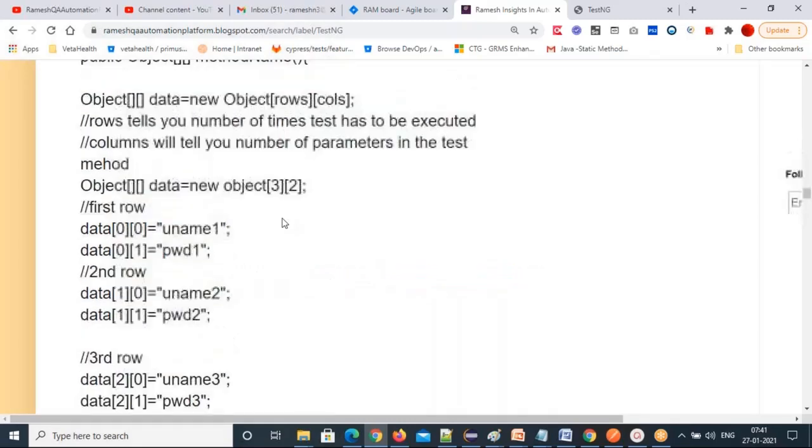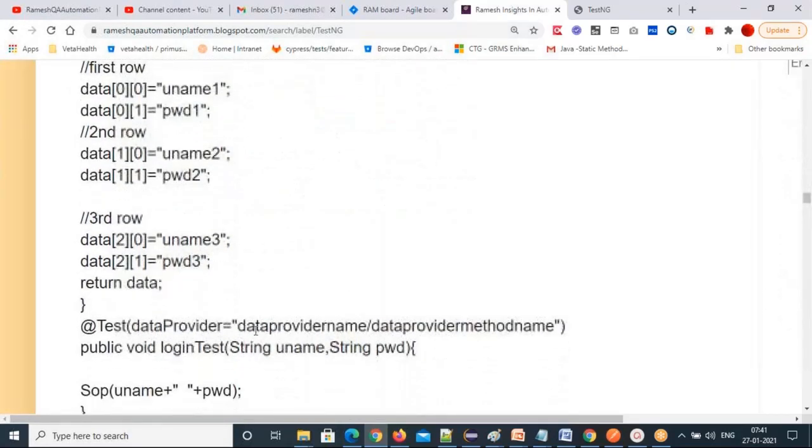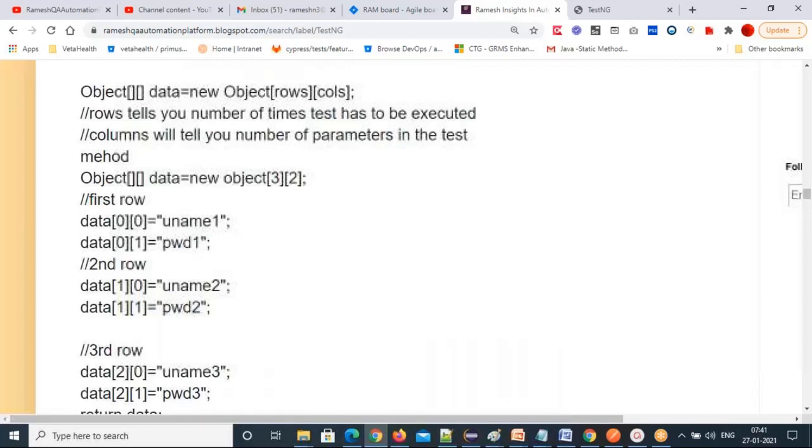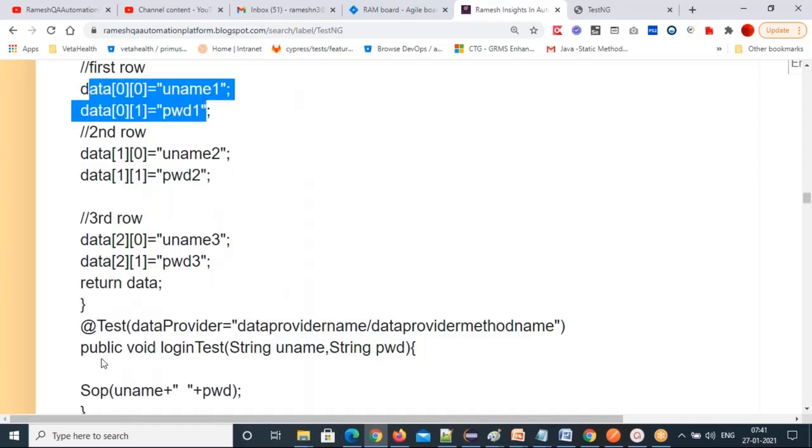If you give a name for the data provider, you pass the name here. Then this test method will understand, okay, my data is available in this data provider, and it will go and pick the data for the username and password from here. That's the mapping between data provider and test method.